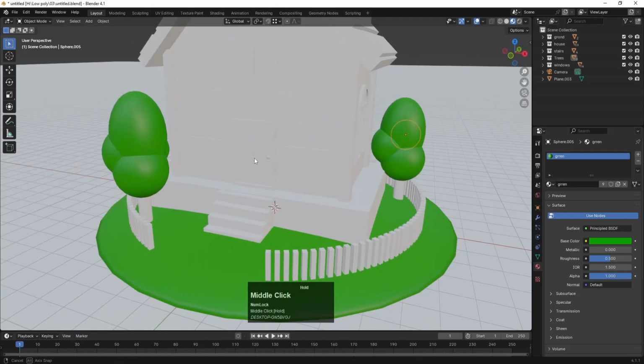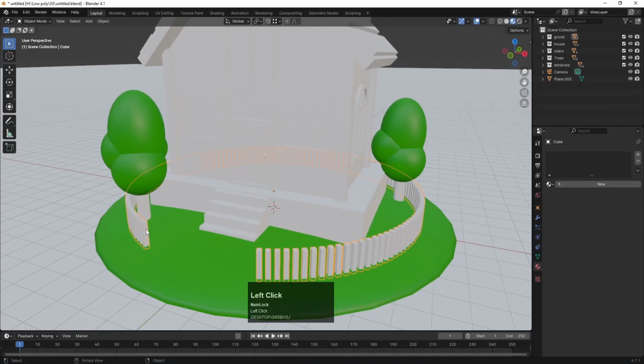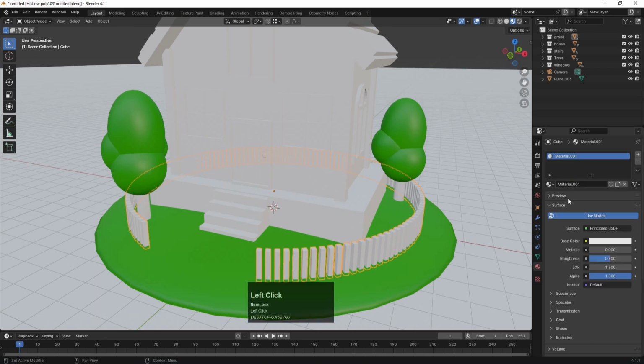Okay, like that. Now for this entire structure I want a wood type of color, so create a new color,